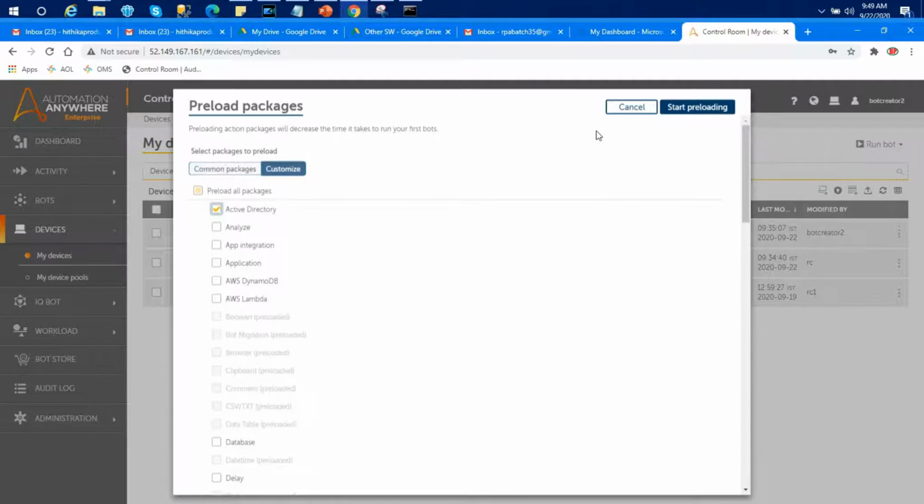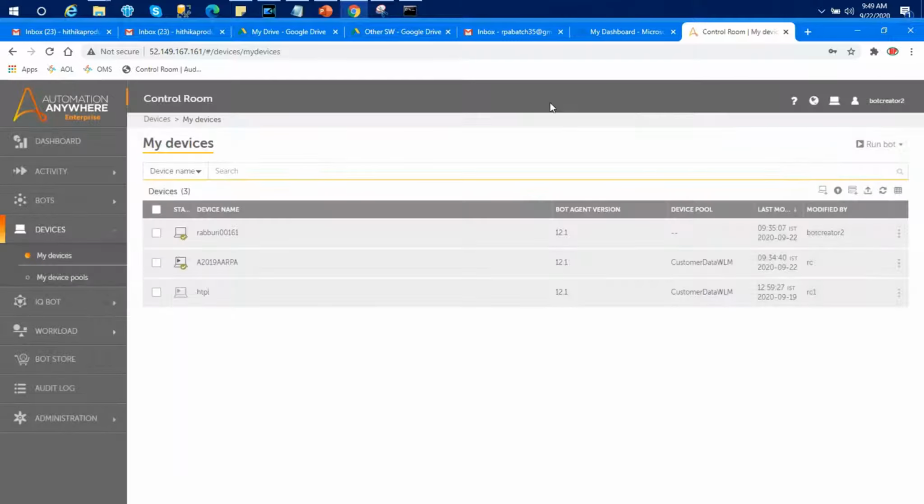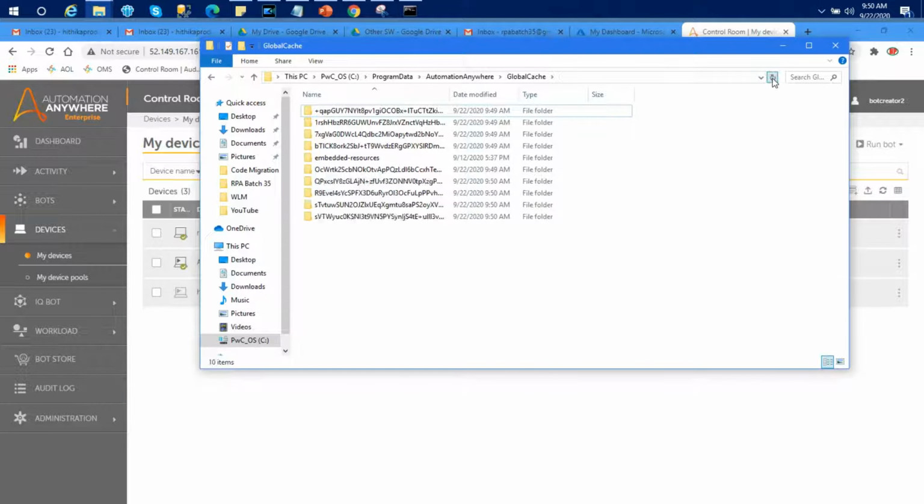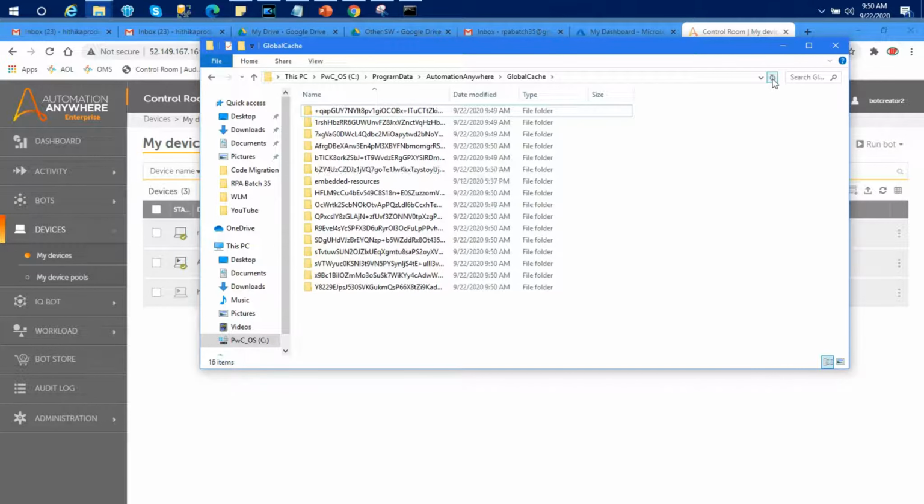Or if you want to preload all the packages, you can just enable the default. If I refresh here, you can see the packages being added one by one, preloading is happening. I just selected the default and it is downloading all the packages.